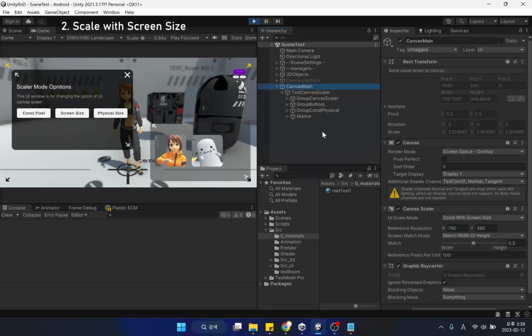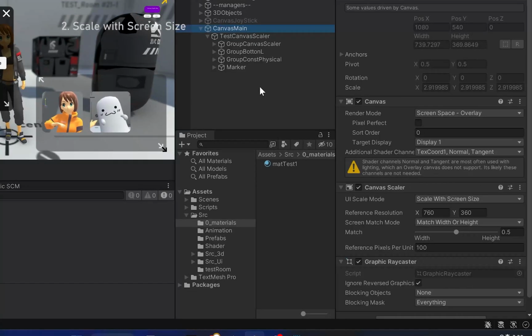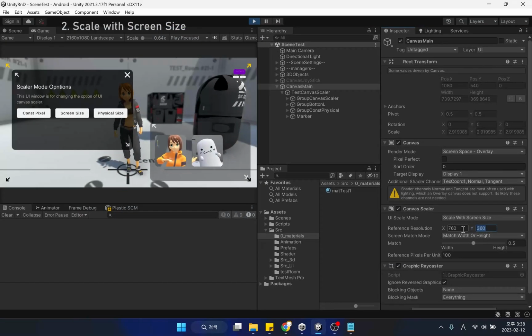This mode helps to automatically increase or decrease the size of UI elements according to the screen resolution. This setting is suitable for a wide range of screen resolutions, from smartphones and tablets to desktop computers. In reference resolution, the user can directly set the reference resolution. To be clear, please note that this resolution is not the native resolution of the device screen.